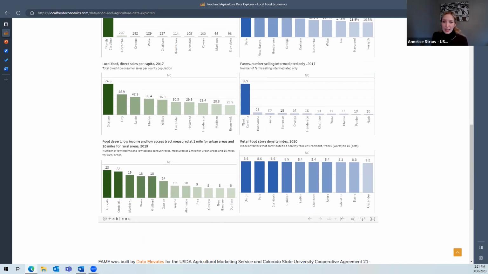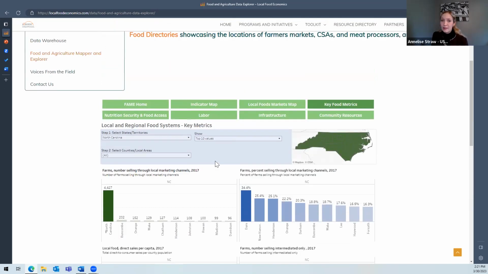So let's say you're applying for a Regional Food Systems Partnership Program grant to develop and strengthen the local and regional food system in eastern coastal North Carolina. You want to create additional markets for local food producers to tap into as part of the emergency food supply chain. So this is where you'll use your key metrics and you'll